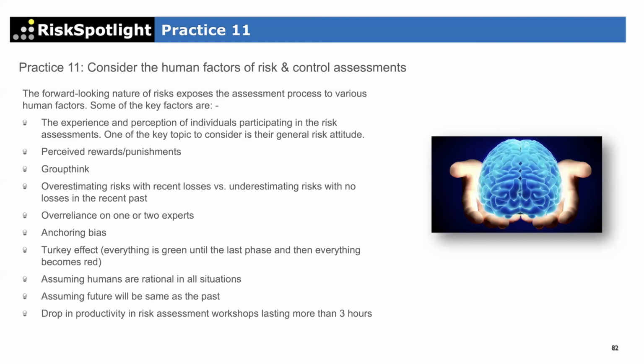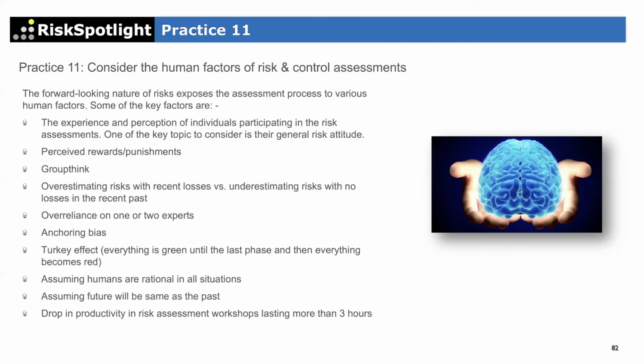Then you have another one, which is the anchoring bias, which you will see if you are in a risk workshop and you're thinking, oh, well, how much compensation we may have to pay to the customer if this risk happens, and then everybody looks at each other and nobody has any answer. And if the first person comes and says, oh, I think Barclays paid £3 million when that risk happened, then immediately everybody in the room will get anchored on that 3 million. So whatever is the first number which gets put, the whole discussion, and the final assessment will be around that number.